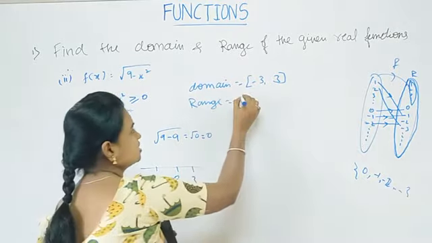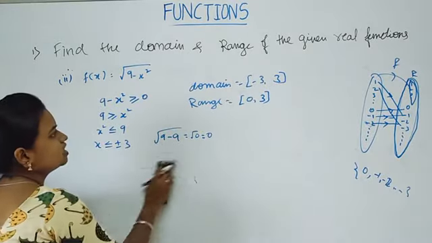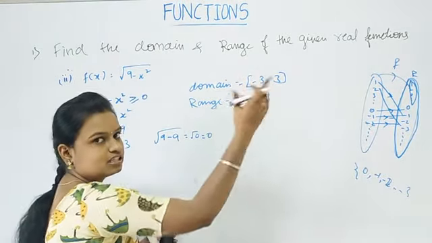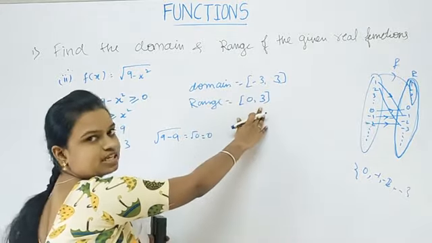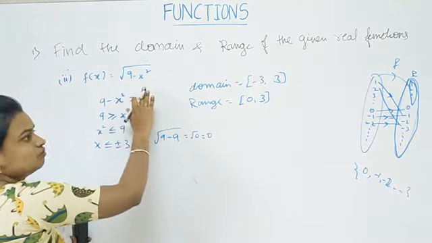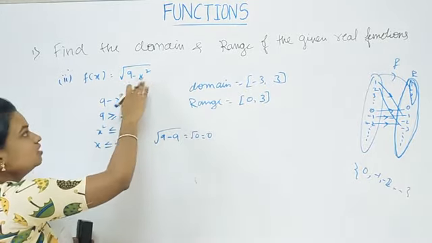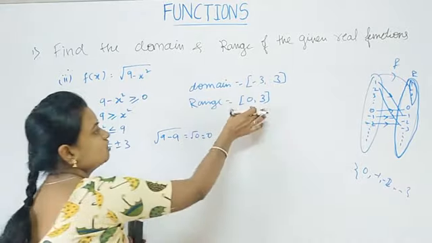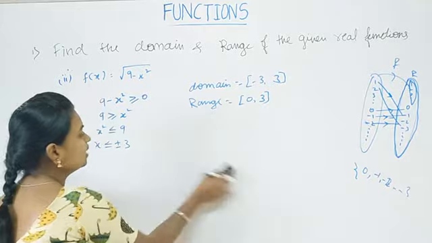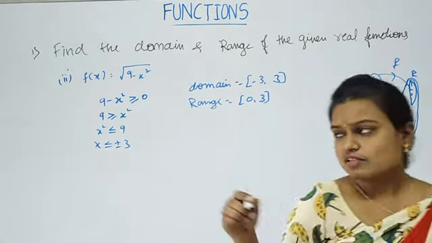So what does the range become? 0 to 3. If you take 0, it becomes root 9, and root 9 is 3. That is all we get there. For the maximum value we get only 3. Putting in 3, 3 square is 9, and 9 minus 9 is 0. So the range lies between 0 and 3. This is the domain and range for this function. Okay, the continuation